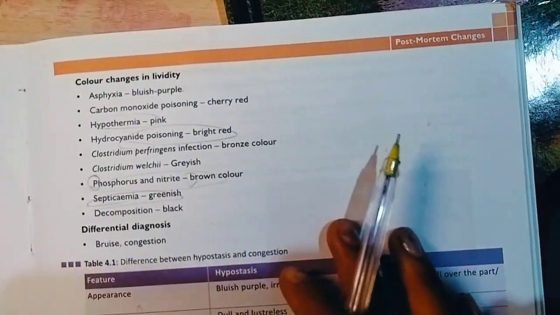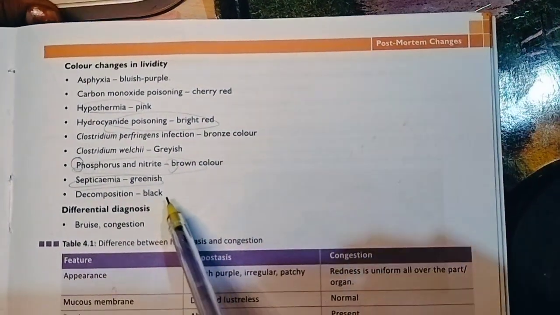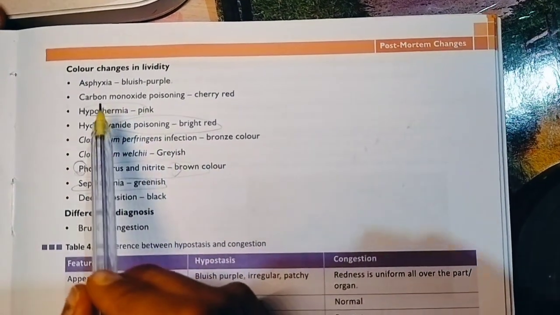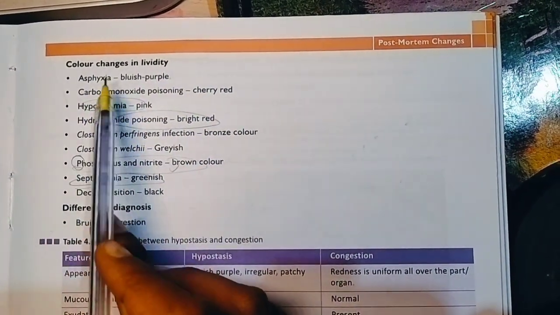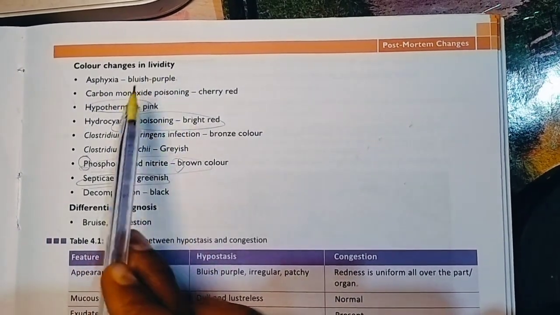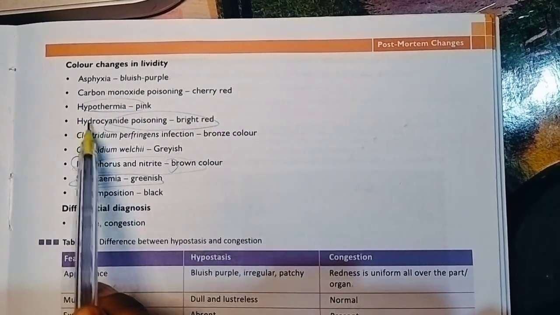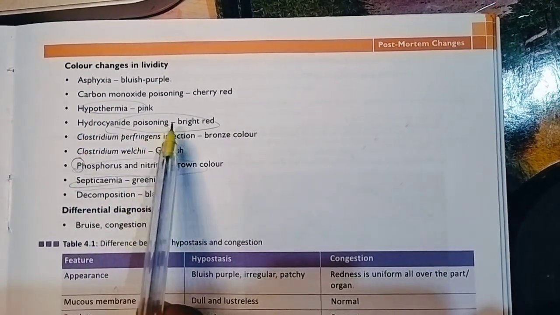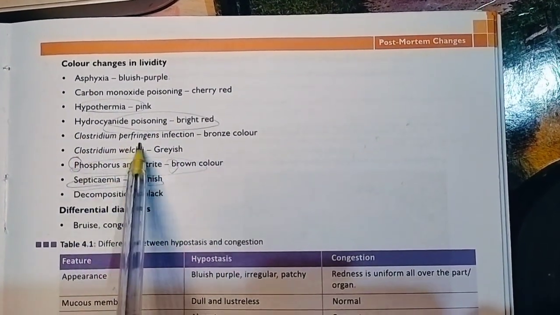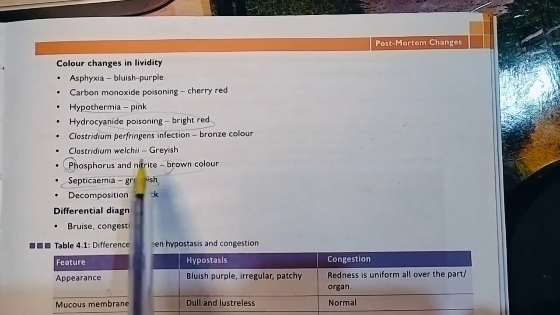Next, this is very important: color changes in lividity. What are the color changes you see in lividity? If the person dies due to asphyxia, the color is bluish purple. If due to carbon monoxide poisoning, lividity is cherry red. Hypothermia, pink color. Hydrocyanic acid poisoning, bright red. Clostridium perfringens infection, bronze color. Clostridium welchii, grayish color. Phosphorus